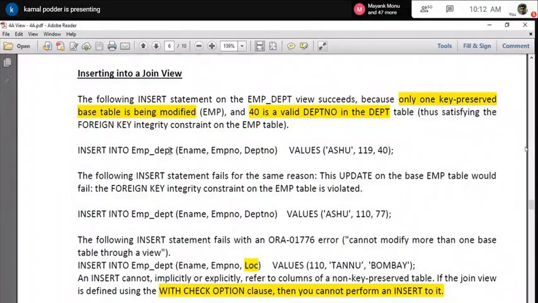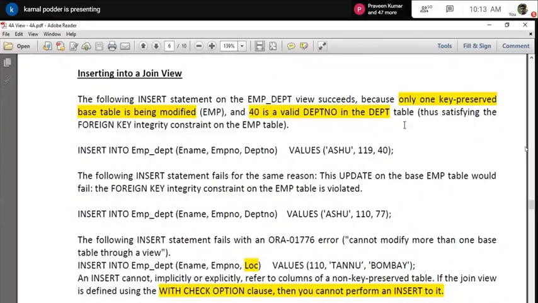So insert into employee department, ename this and department number, I have given the values. Just assume that 40 is a valid department number. That means this department also exists in the department table, because while creating the employee and department tables, I established a foreign key relationship between those two tables.